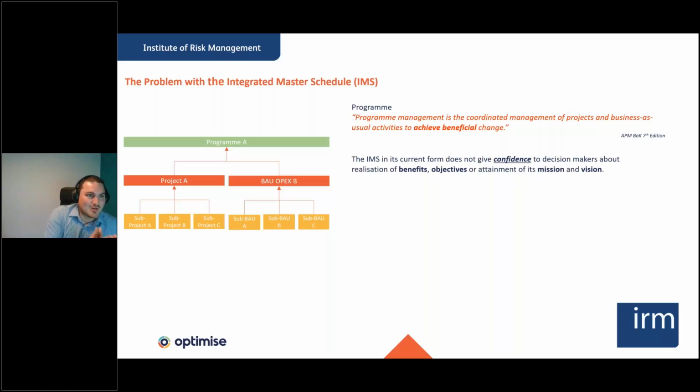As it stands at the moment, our scheduling system and our forecasting system for cost and time in complex organisations doesn't generally have a confidence range around it. It's normally a date and a number, which, as Doug said before, all models are going to be wrong, some are going to be useful. I can tell you for a fact the one thing that we would never hit is that date and that number. There's always going to be a range around it.